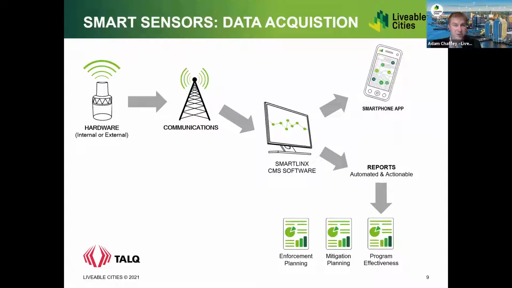We're no longer restricted to specific blocks and within our cities, specific pieces of infrastructure, or specific locations where we can deploy sensing technology for speed. And that data comes back over that network, it's received, and then the most important piece is that we get that data back out into the hands of those who are interested and can take action on it. Whether that is from a connection point between a cloud-hosted software into another traffic management software, for example, or that data comes out as a PDF report landing in the appropriate person's inbox once or twice per week or once a month, whatever the desired frequency is.